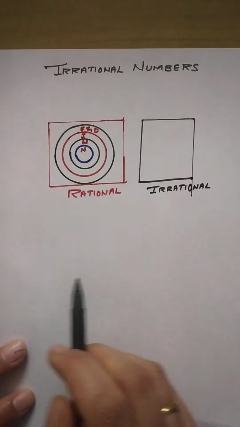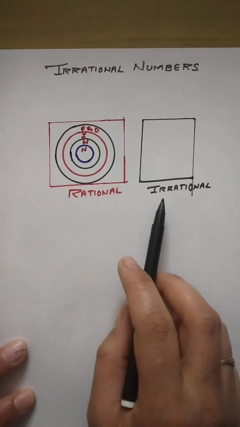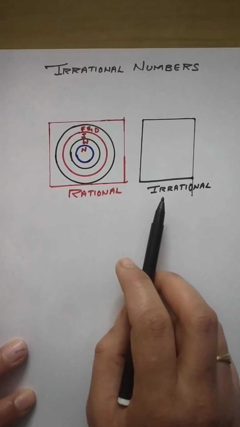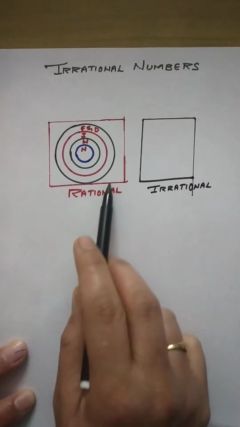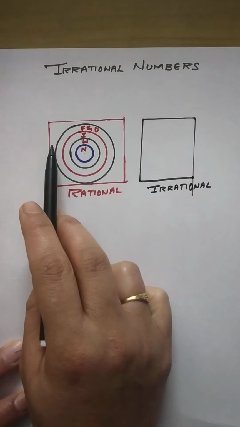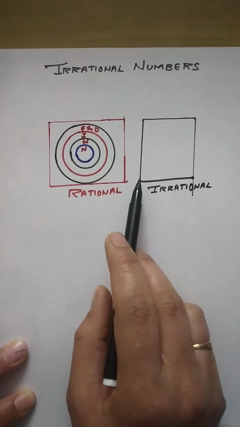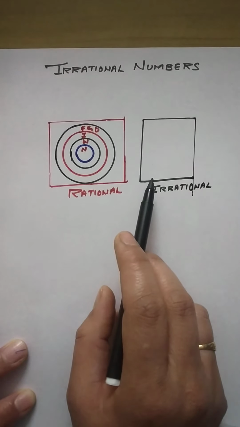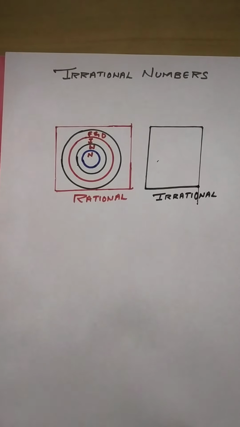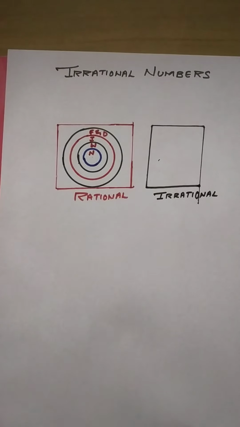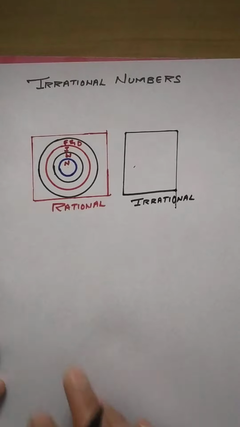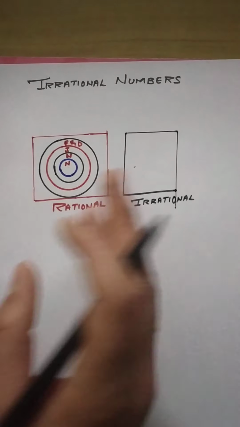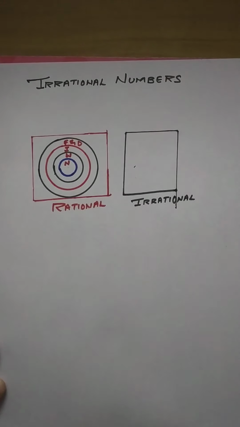Hello everyone. In the previous video you were taught about rational and irrational numbers. You were also explained how all the old number families were brought under a common header of rational numbers, so that we can study another family of numbers, which is irrational numbers. In further classes you'll be introduced to new number families, and then they'll be put together under a common header and a new name will be introduced to you.